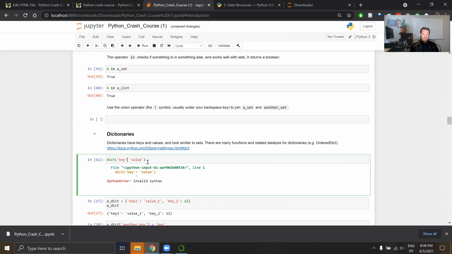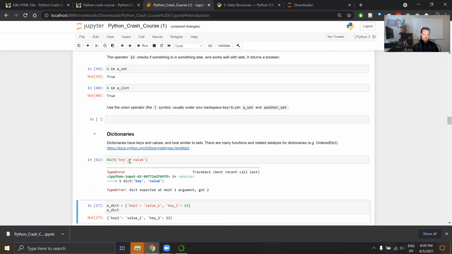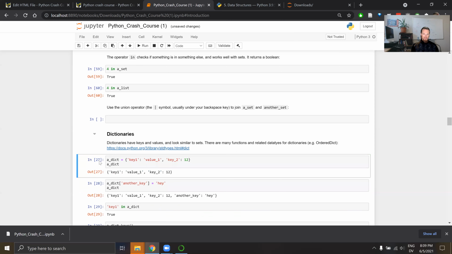Let's see, actually, I don't remember how that works exactly, creating a dictionary that way. I don't really use it that much, but